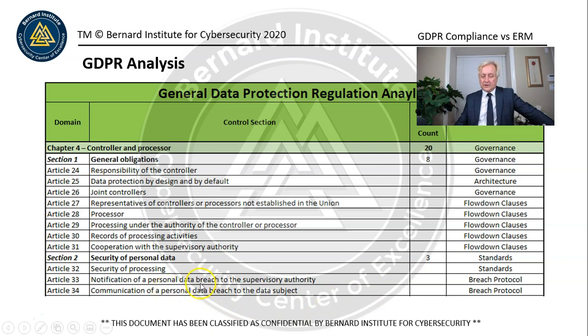Notification of personal information data breach to the supervisory authority. So we need to have a breach protocol. And in the breach protocol, it's very straightforward. It's in the unlikely event that we have a breach, what do we do? Who do we notify? What order? Who needs to be notified? Okay, who needs to be kept up to date as we investigate the significance of the breach? So this is a protocol.